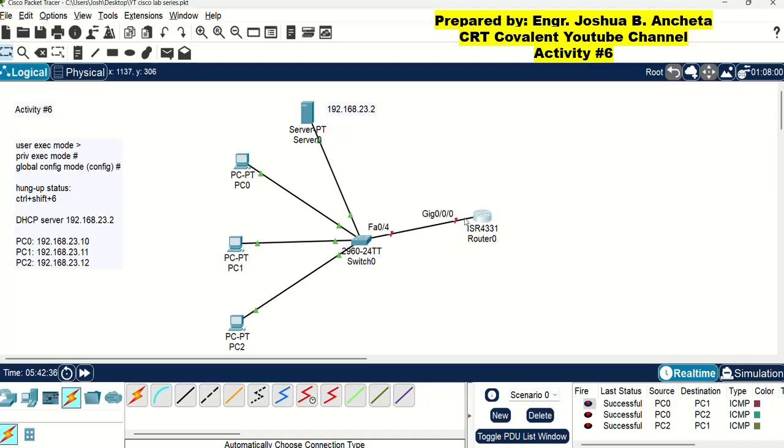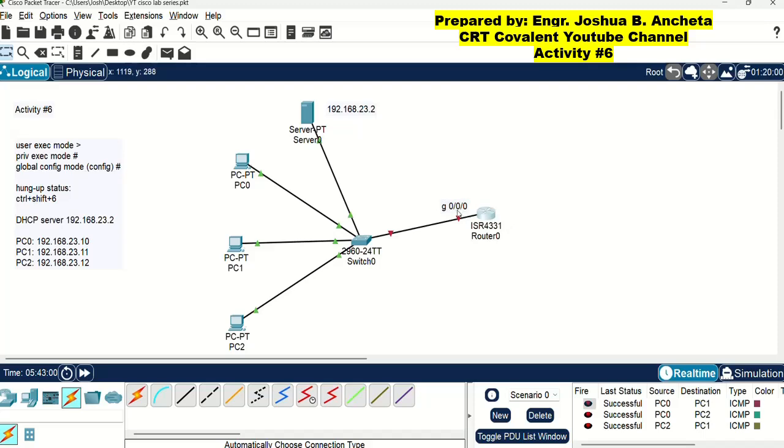Just hover your mouse here. As you can see, the port is gig 0/0/0. So you can type that here as your guide. Gig, or simply G 0/0/0. So this is the entry port of the router.